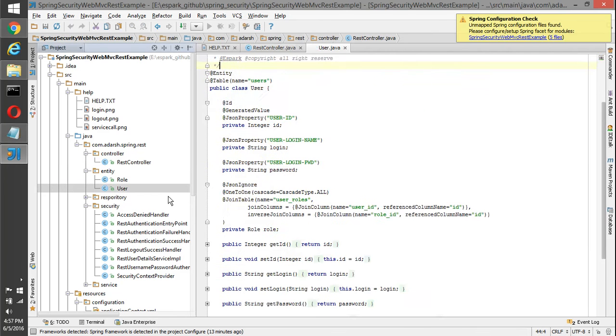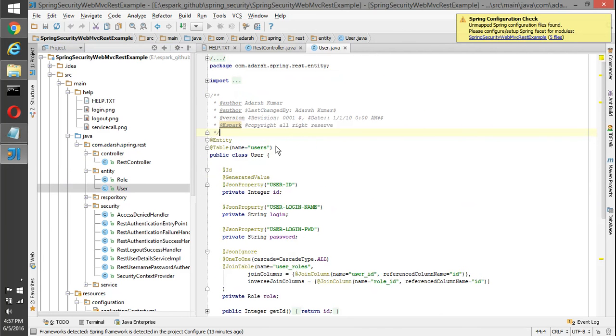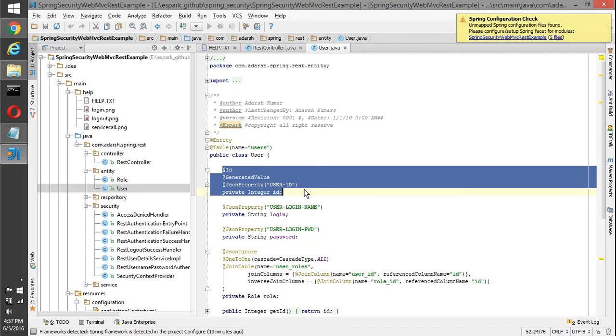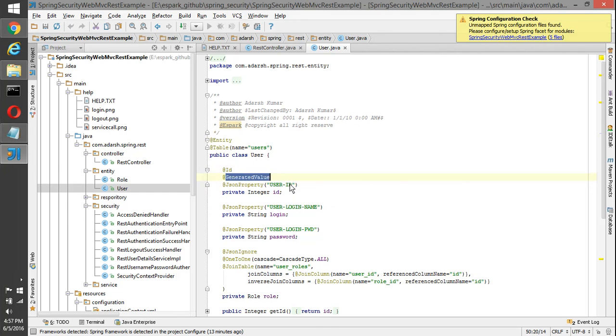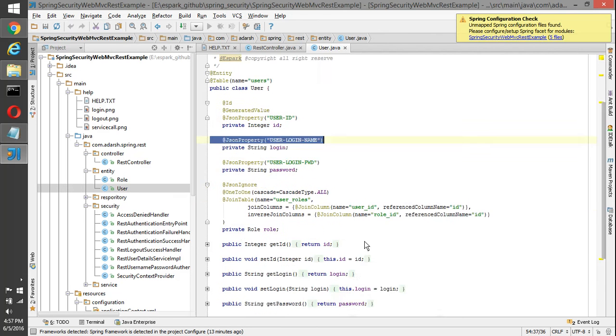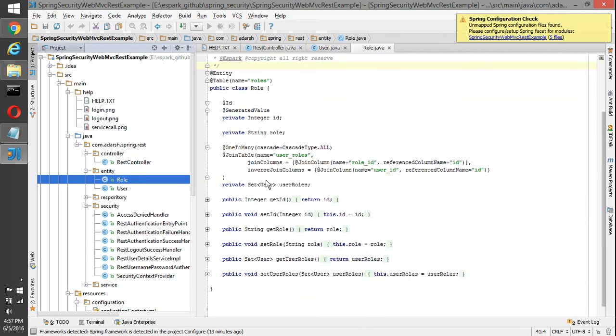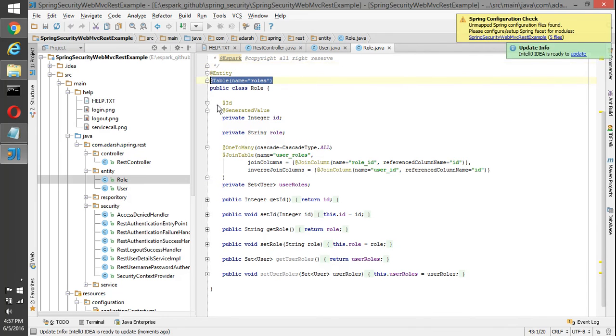Then we have entities. We have a user entity basically, where this class is annotated with @Entity and @Table. And then we have a primary key ID as well as a generated value. And when this is returned as a response, this property's key will be this, and the value will be the value for this. So this is a JSON property configuration, where we have a role also tied to that, one-to-one. Then we have the role entity, where we have an ID as well as a role name, with a one-to-many configuration.